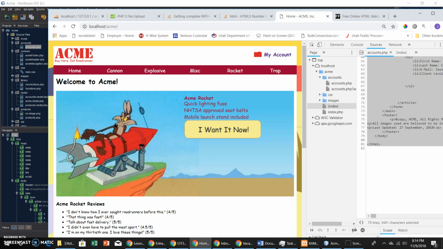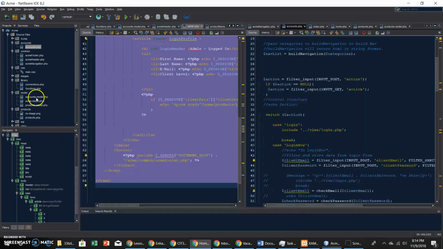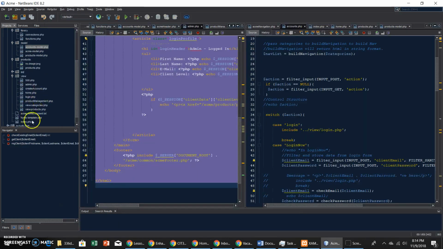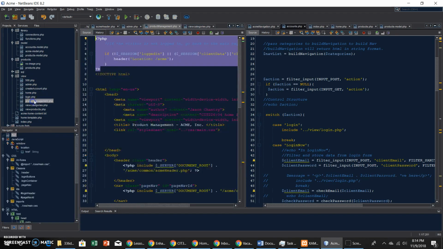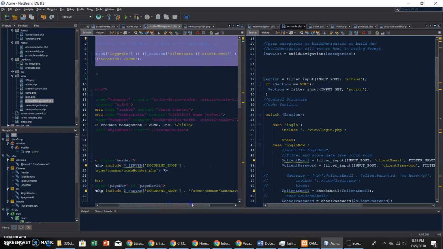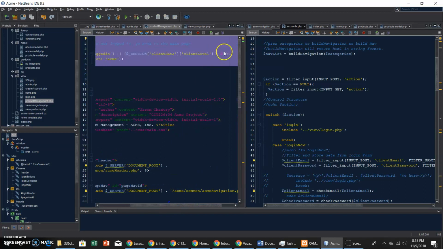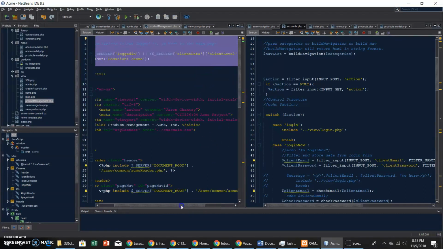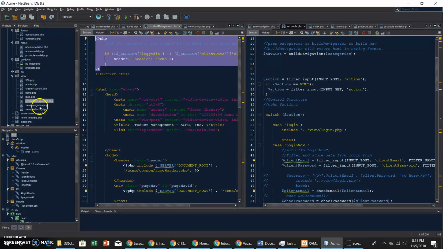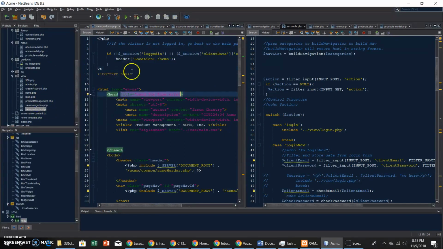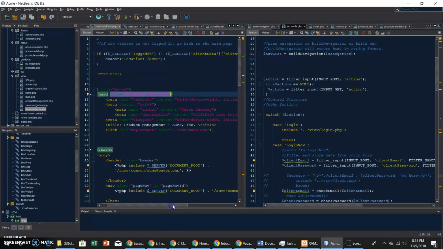Let's see. Oh, each of the product views. So for product management, I added a check: if I'm not logged in or the client level is less than 2, so that'd be 1 or 0, which is not valid. But I also added it in here and in here. So demonstrating that,